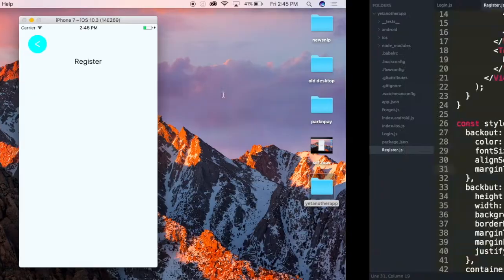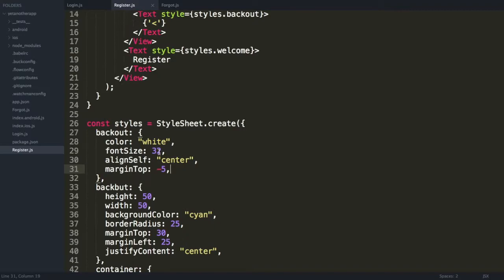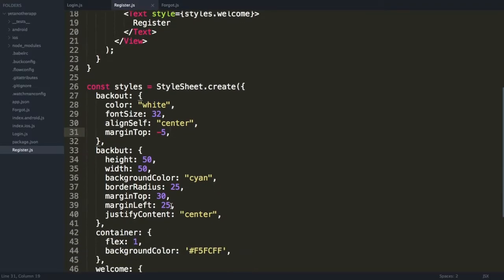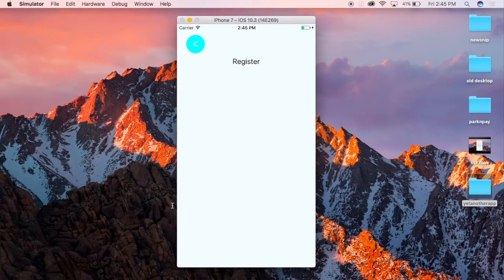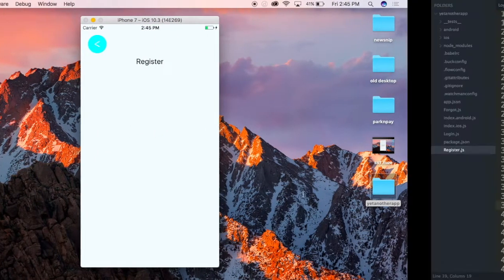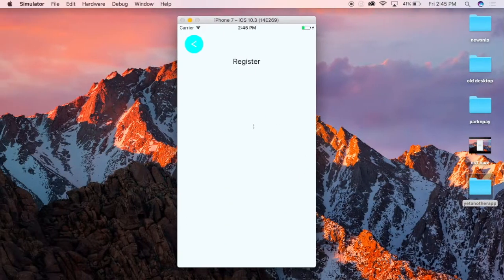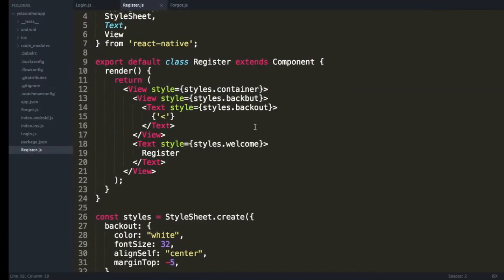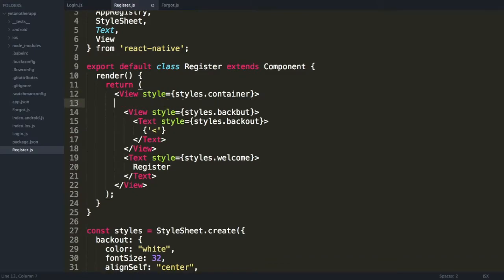Alright, cool. We got the back button. It's a little bit too close on the left. Let's try that. Whatever, that's fine. So that's there, and now I want it to go back, so I need to put a